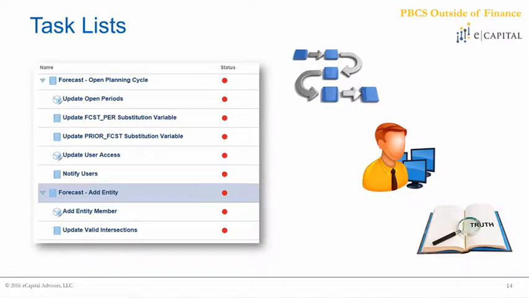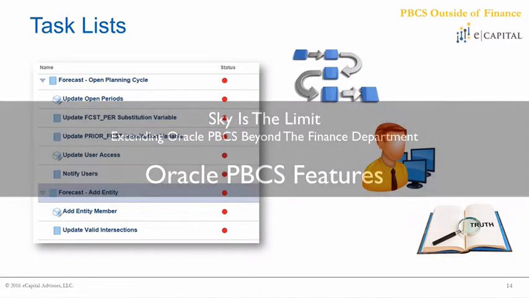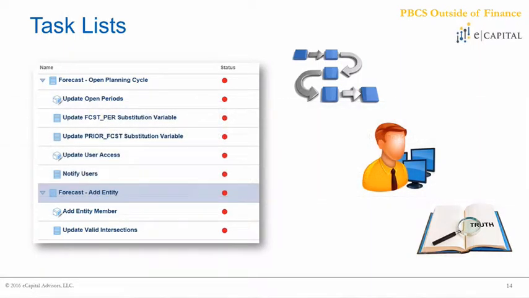So task lists. Those of you who are familiar with legacy Hyperion planning, you're probably looking at this slide and thinking to yourself, why are they talking about task lists? And normally I would tend to agree with you. I think traditionally task lists, although they can be helpful if your business process is aligned in a certain way